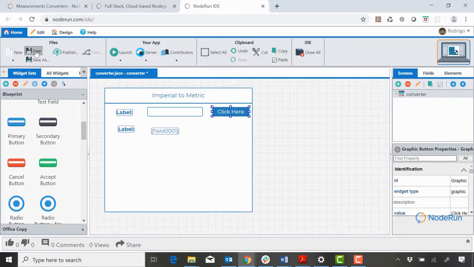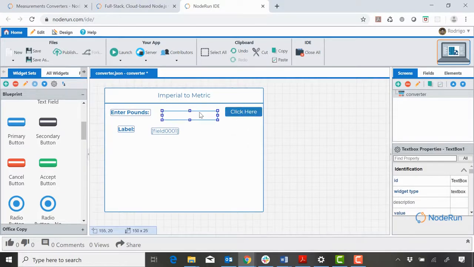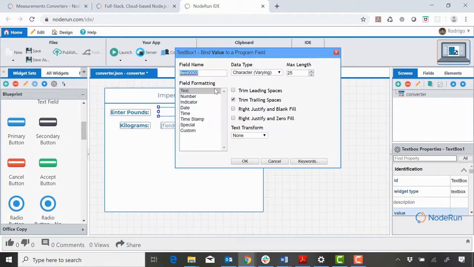So let's name these elements. This one is going to be enter pounds. And I'm going to make this bigger so everything fits more comfortably. This one's going to be kilograms, and it's going to return. It's going to be linked to this field that is going to return the weight converted, the pounds converted into kilograms. So now here the field name is going to be called pounds,